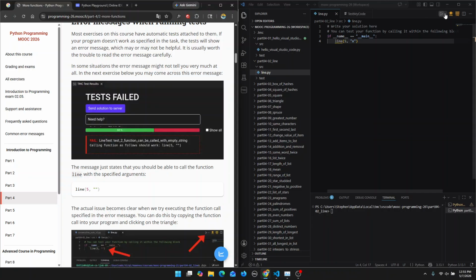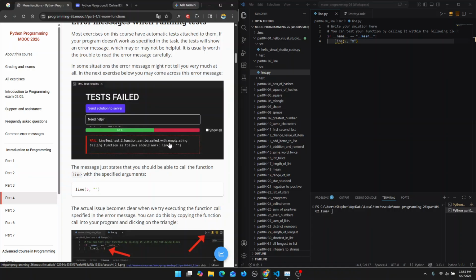So when we hit this button up here, this is how we run our tests now and forever, basically to the end of the course. You click on this button, it runs the tests. This was the same thing as hitting the run tests button on the embedded editor in previous exercises that we've done on the course. But now we do it from hitting this run tests button at the top after we install this TMC extension. So here, in this exercise, the test failed, and it tells us here the failure is